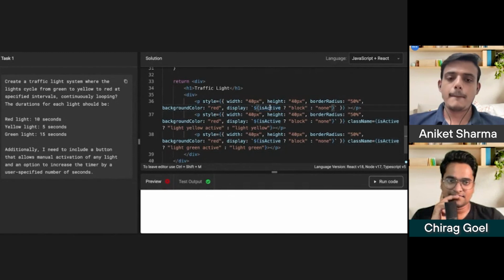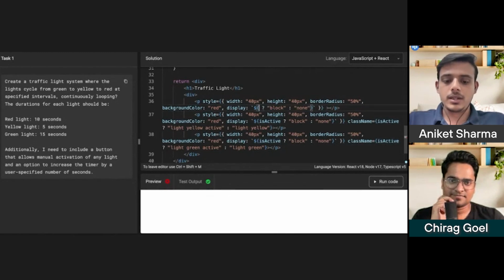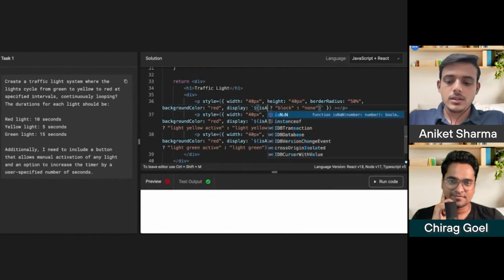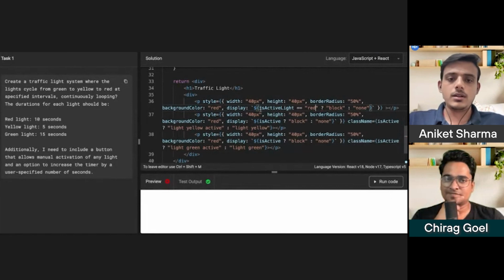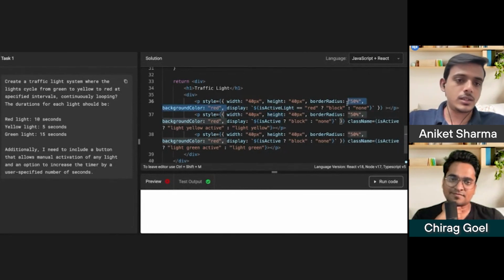Then a better approach will be active light. If it is equal to red, then only we will do that. Similarly, we can follow the same across all the lights. So yeah, thanks for highlighting that.